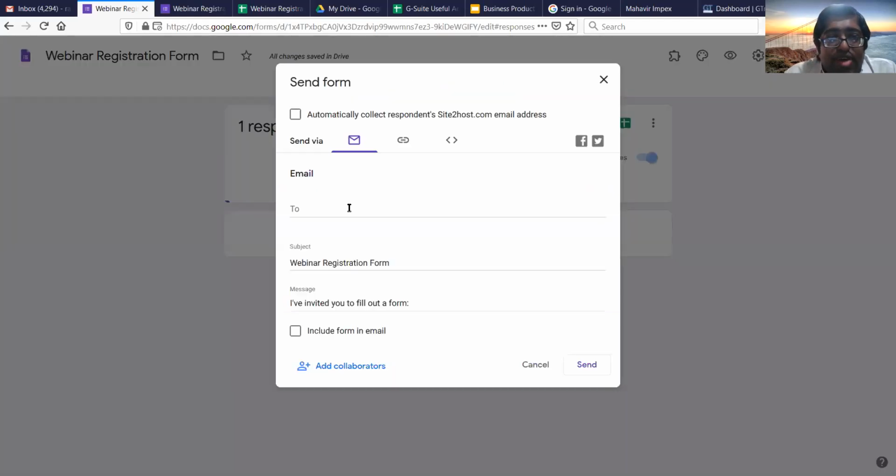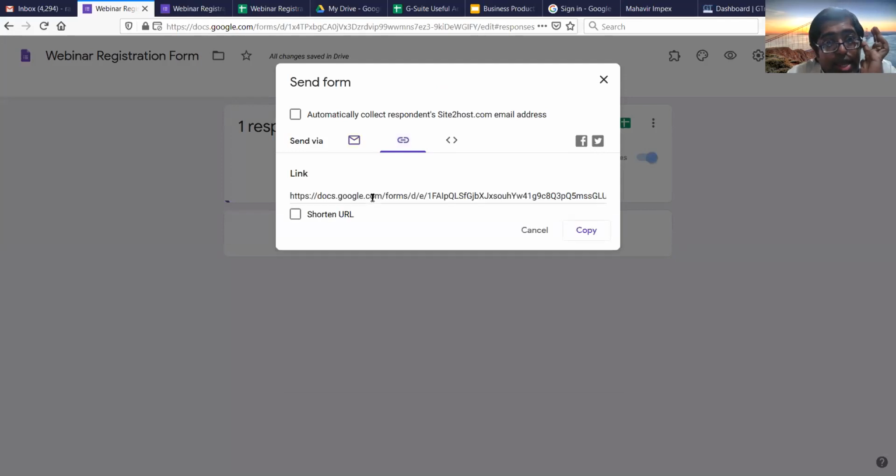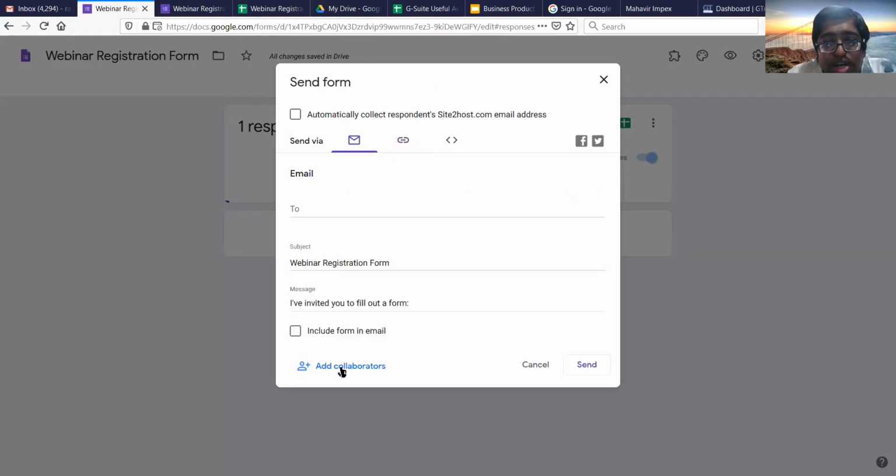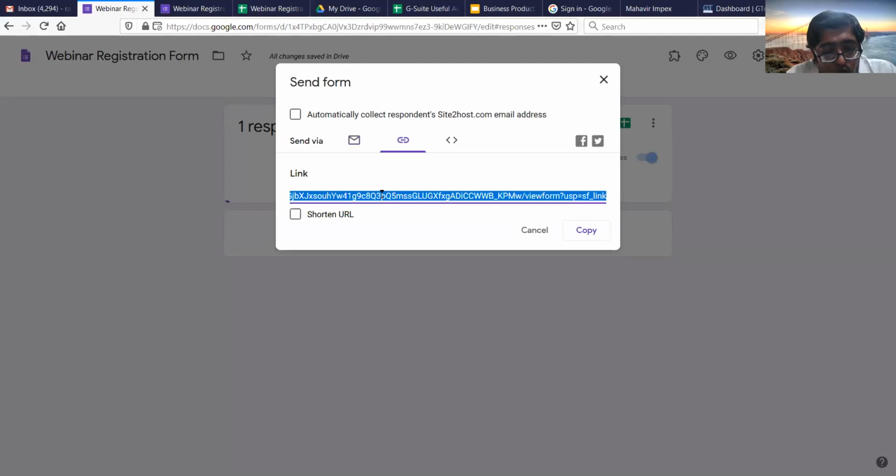So you can invite them via email. You can put in their email IDs and it gets sent to them as an email. You can also share it on Facebook and Twitter from here, or you can go to the link over here and capture this entire link. You can also have collaborators for this particular form by adding collaborators over here. You can copy this link from here and mail it to your participants, but this link